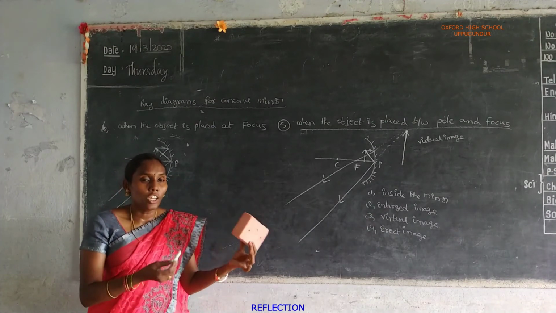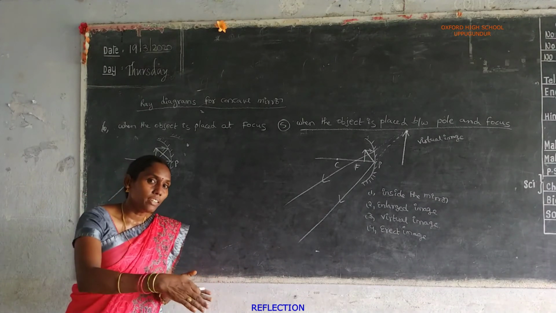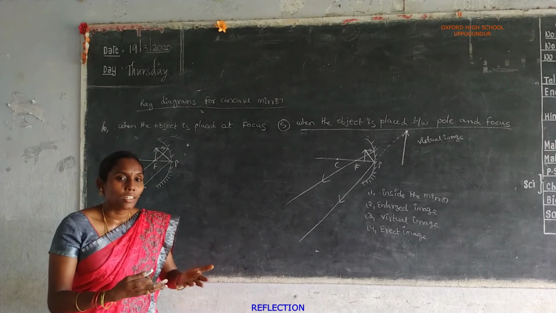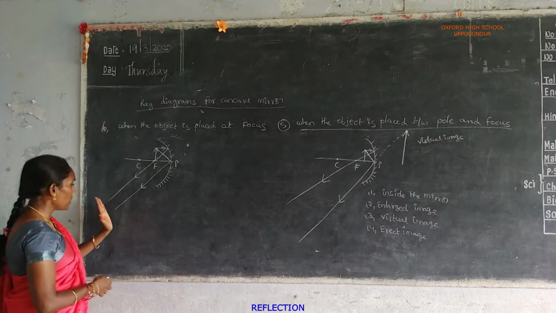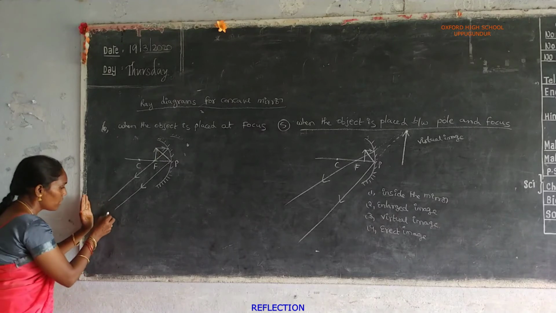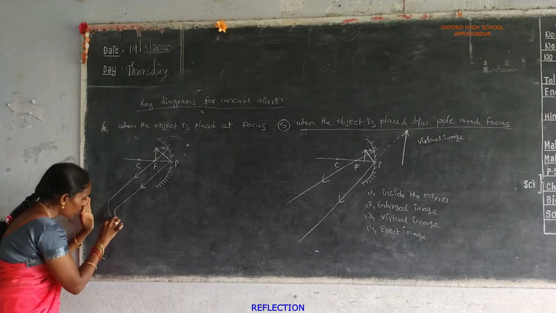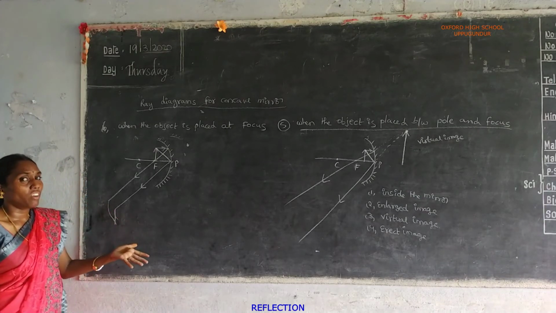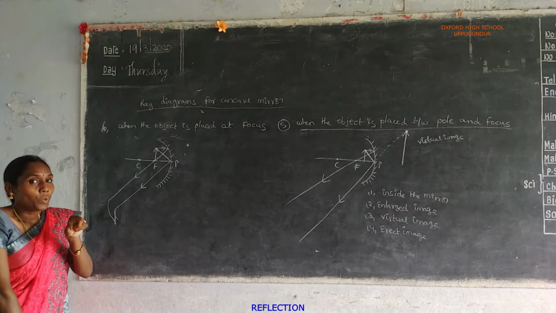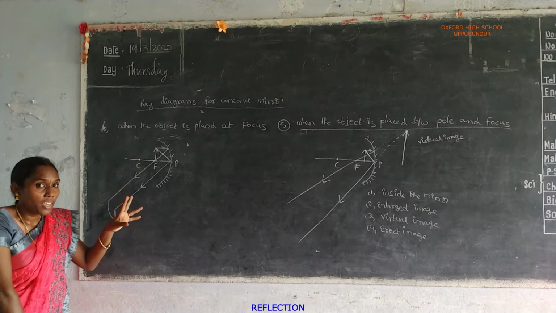That means if any obstacle is kept in the path of the light ray, it should deviate from its original path, or bend. In the same way, if any obstacle is kept along the path of the reflected rays, the light ray should be bent. Okay? That time the two light rays meet at a certain point. Actually, parallel rays do not intersect each other. But the main property of the light ray is it has a bending nature.